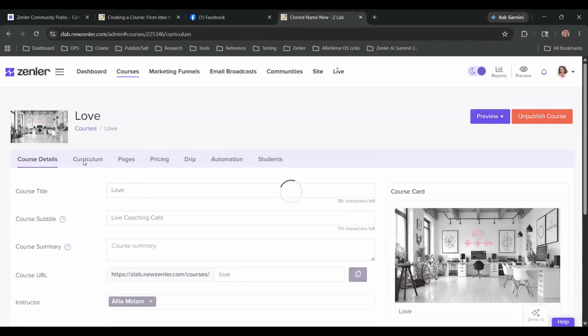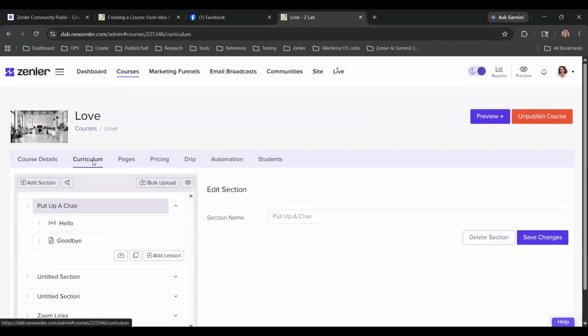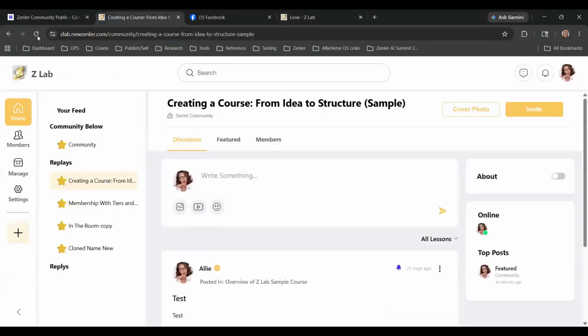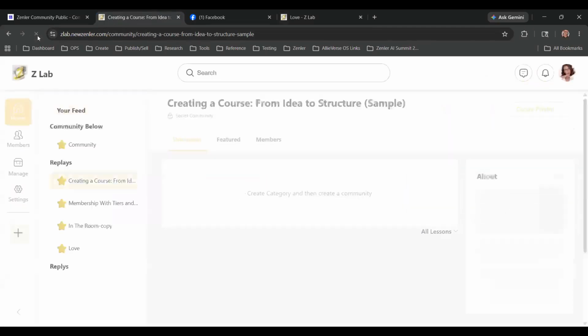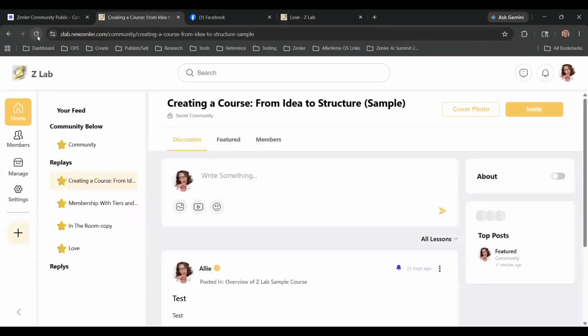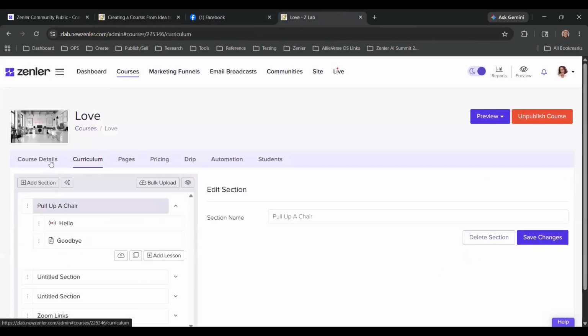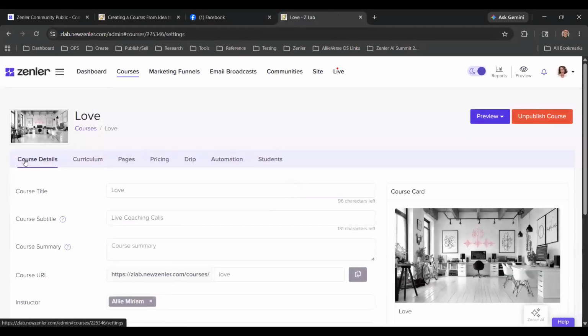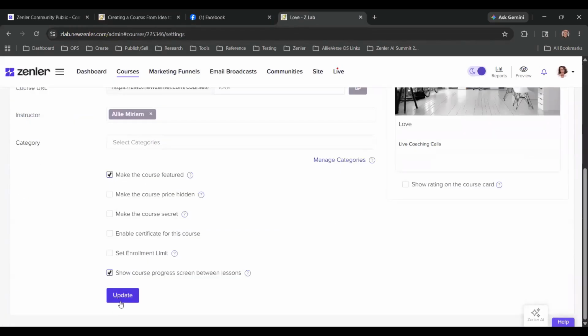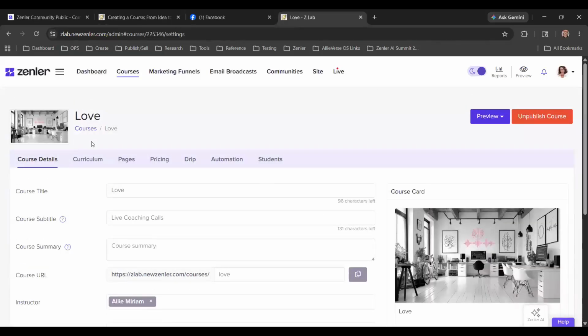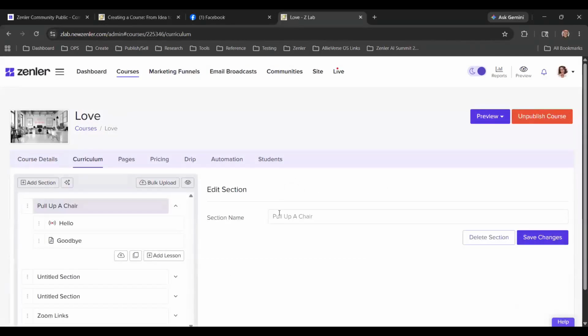I'm trying to see, and this is called that. So now let's see. Can you just go back? Because I might be able to jump off this call. I'm trying to change that dynamic header. Under course detail, the course title, the course URL. It's right there under course detail. You change them there and then you hit update, and that's that. Okay, all right. I'm going to try it. Thank you.